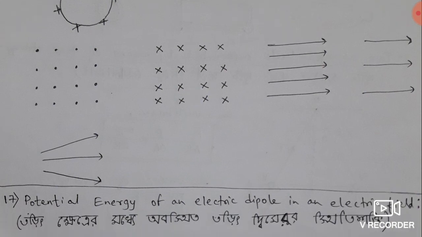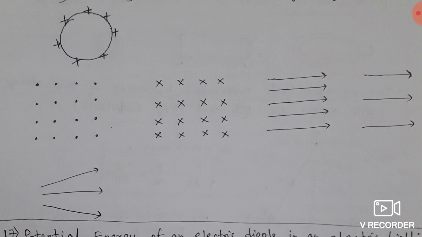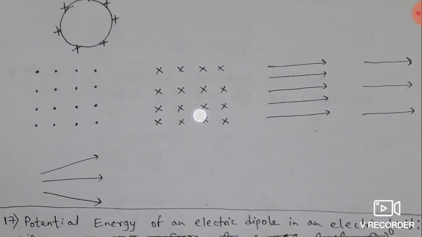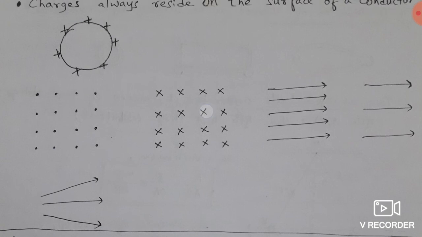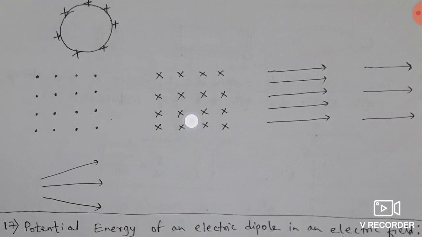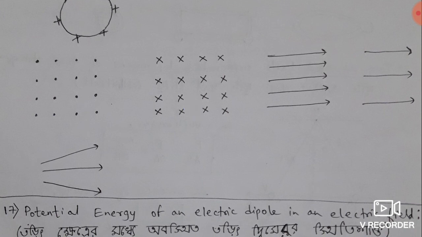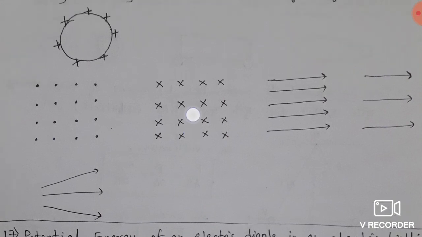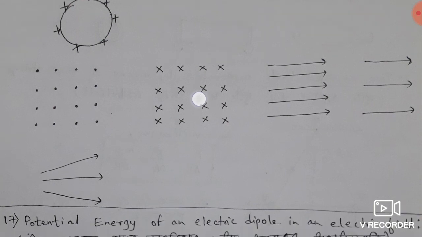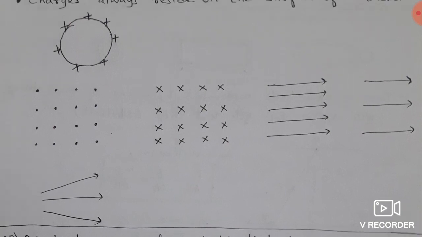And what does this cross symbol indicate? If this cross symbol indicates these are equally spaced, so it is also a uniform electric field acting perpendicular to the plane of paper, but it is directed inwards, that is, inside the plane of paper. That means from where we are seeing there is a north pole, and on the other side of the paper there is a south pole. So lines of force are going inside the plane of paper normally, that is, perpendicular.